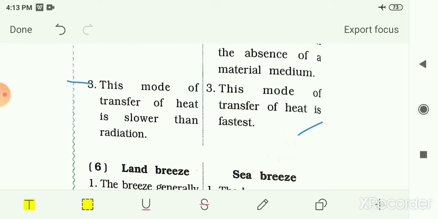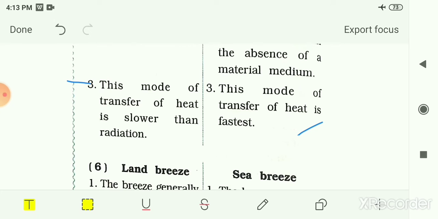First we had seen conduction and radiation, and how the heat transfer takes place in them. In conduction, the heat energy is transferred between two nearby parts of the body which have a temperature difference between them. That mode of transfer of heat is known as conduction. And in radiation, we had seen the heat is transferred through electromagnetic waves, and all objects or substances are releasing or emitting electromagnetic waves, and the frequency of these waves depends on the temperature of that substance or object.